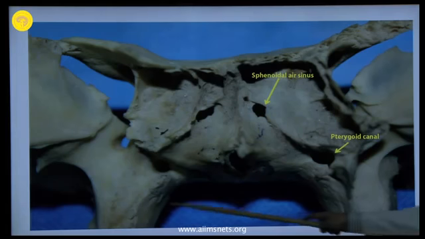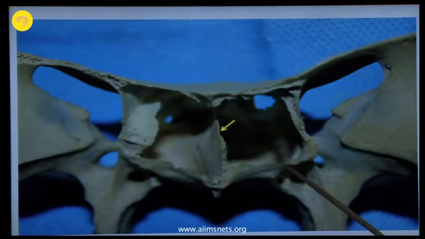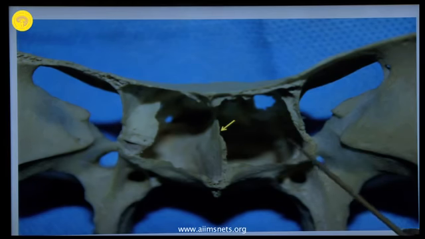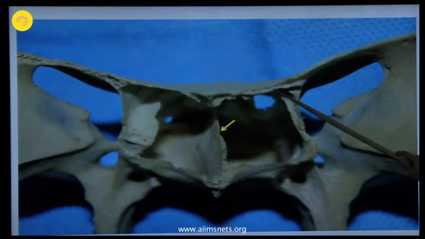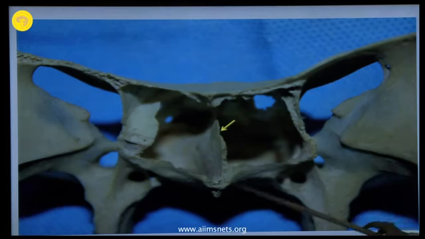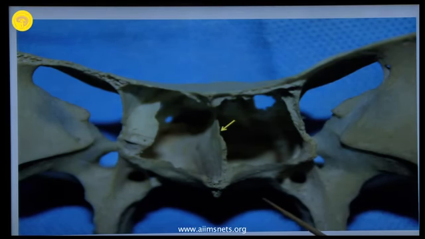These two are the pterygoid processes. It lies just above the medial pterygoid process. This is not natural, it has been made. You can see some part of the sphenoidal air sinus here. The sphenoidal air sinus is cuboidal in shape. The volume of the sphenoidal air sinus is normally 7.5 milliliters. See the roof of the sphenoidal air sinus here, and it has a lateral wall, it has a floor, and it has a septum. The septum is not always in the midline.